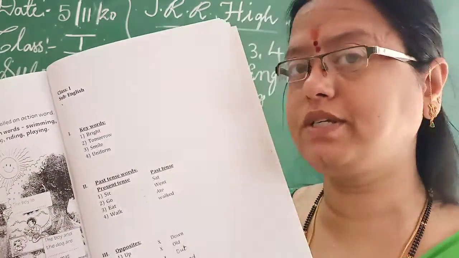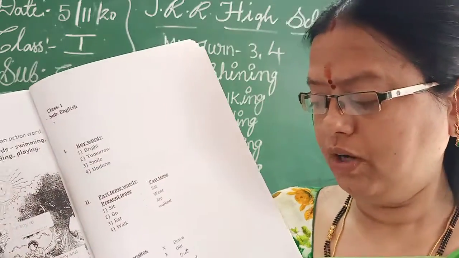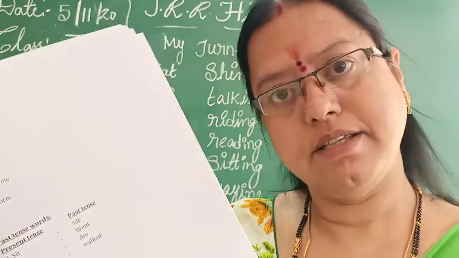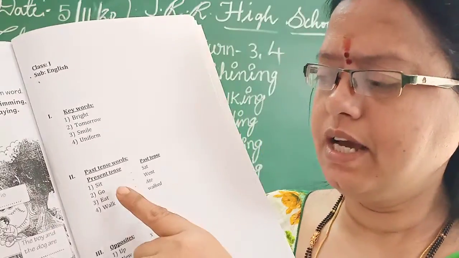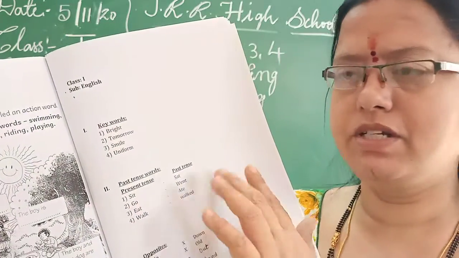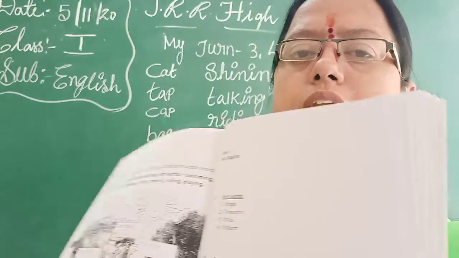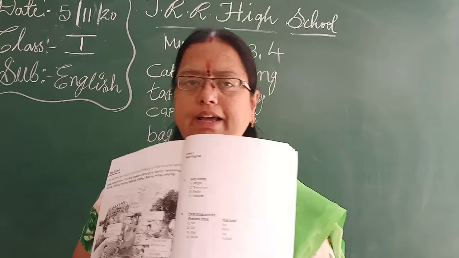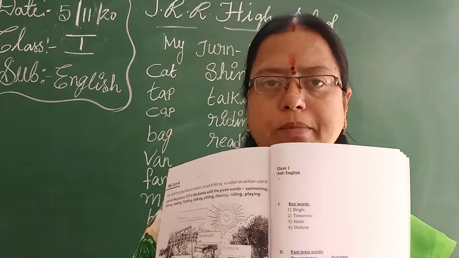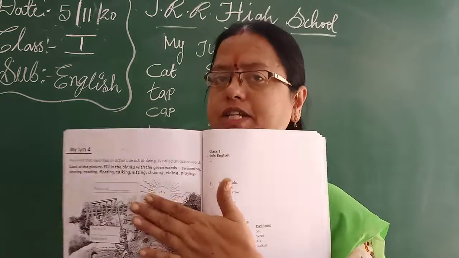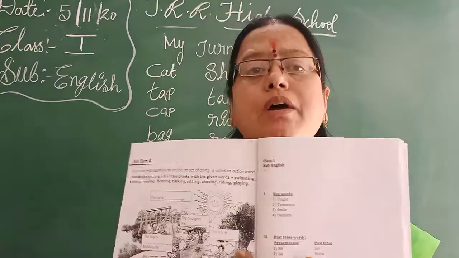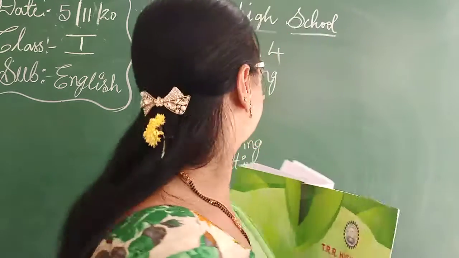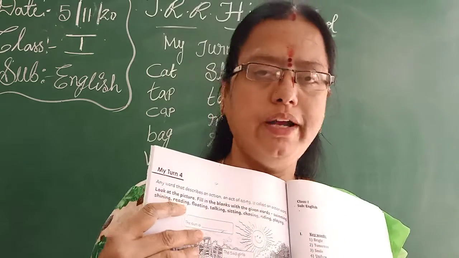These are the opposite words. Up, down. New, old. In, out. Sit, stand. These are the opposite words. These are the present tense and past tense words. You read this one also, Nana. Meeku ivi exam lo kuda vastayi. You have to read and write, Nana. I will give you homework, Nana. Okay, beta? So first you have to finish this one. Afterwards I will tell you this one. First you have to finish these two bits, Nana. Just now I told you, these two bits 3 and 4. You have to read and write, Nana.